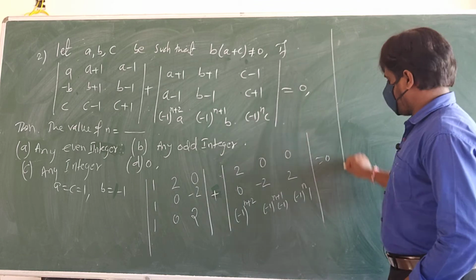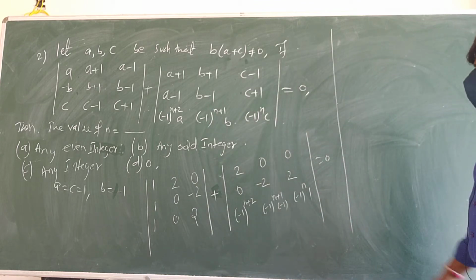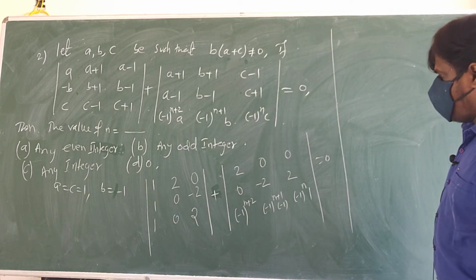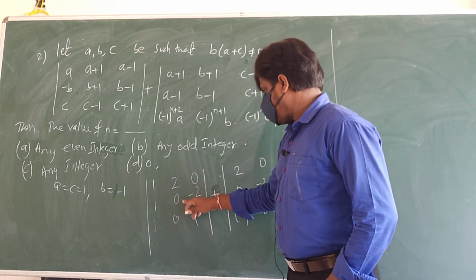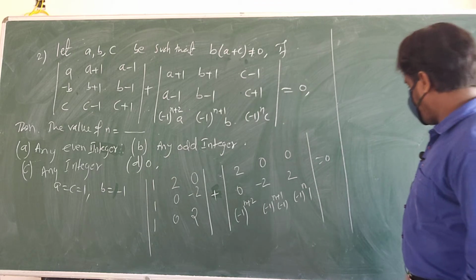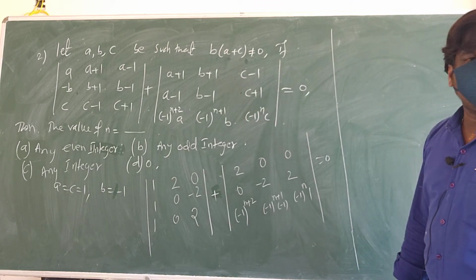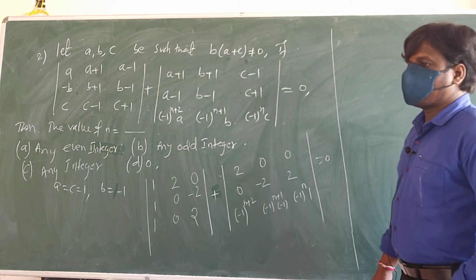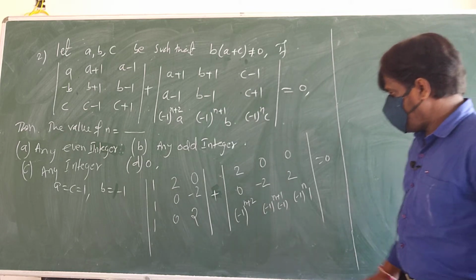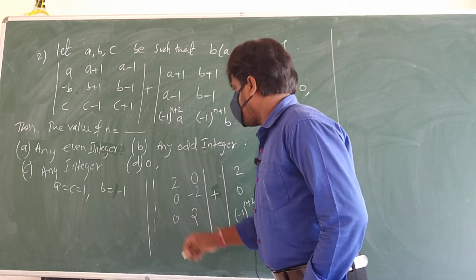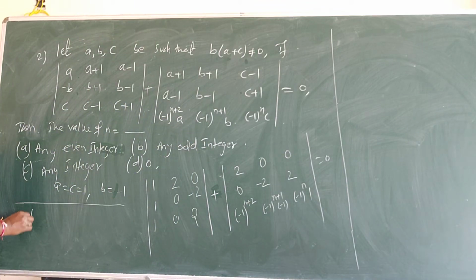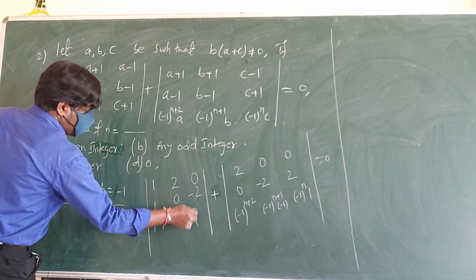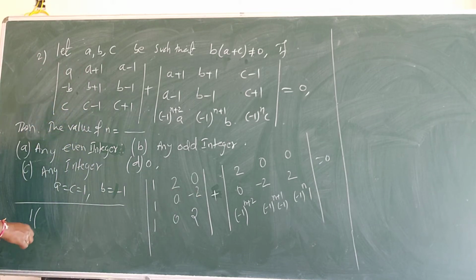Now add these matrices. Find the determinant of the first one. What is the determinant of the first one? If I open from here, what is the determinant you are getting? Yes? Any answer? So 1 into, I can open the determinant here. 1 into 0 into 2 is 0, so 1 completely you get 0.